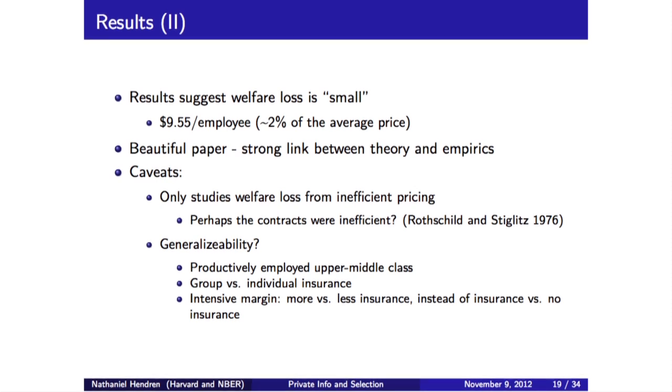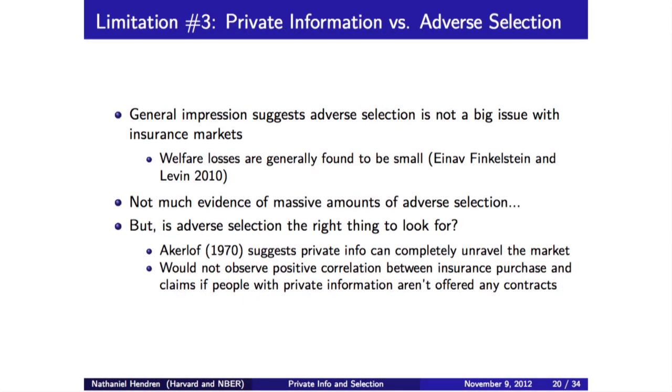Do they have the panels here or just a cross-section? They have panel data, but I don't believe they use panel data in that paper. Do you have something in mind? Well, if they acquired some information about themselves, they might switch. Yeah, so some dynamic sorting. Indicate some sort of selection. Yep, yeah. All right, so that was the second limitation.